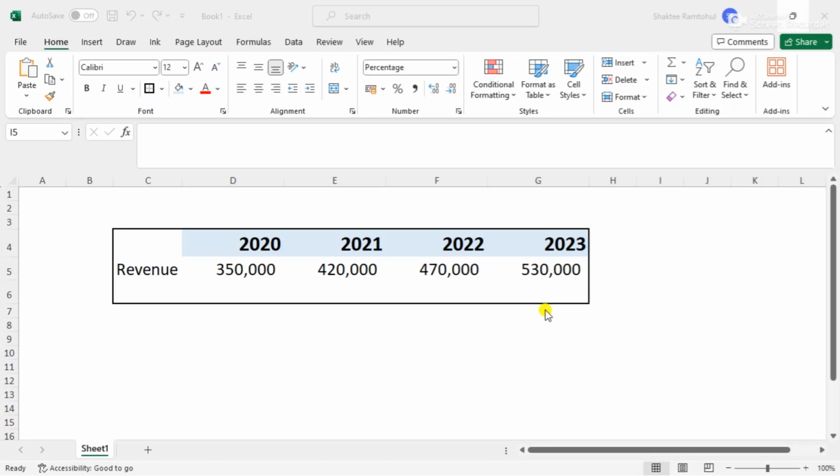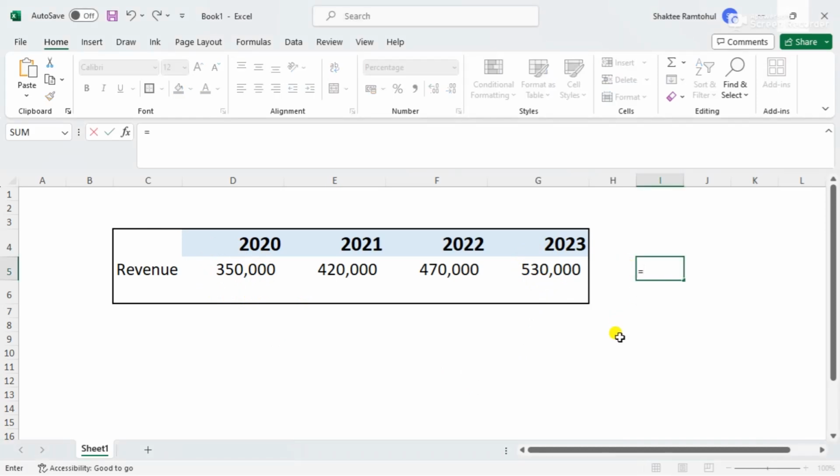So, can we use Excel to calculate the compound annual growth rate? I've used the same revenue figures from earlier, 2020 to 2023, and we start off with 350,000 and we end with 530,000. Now, the quick way to do this in Excel is you type the equal sign, then